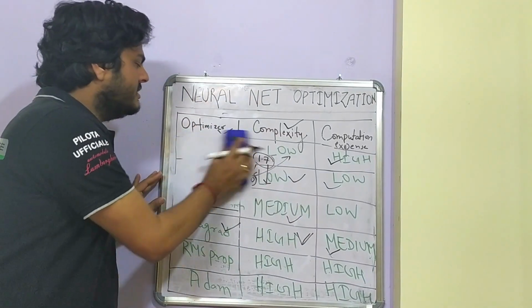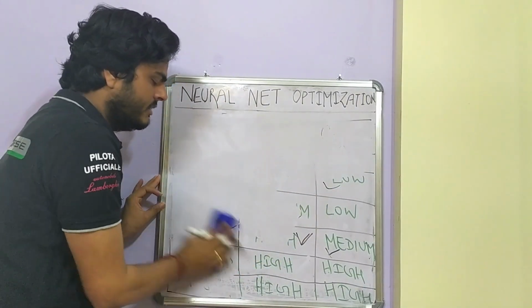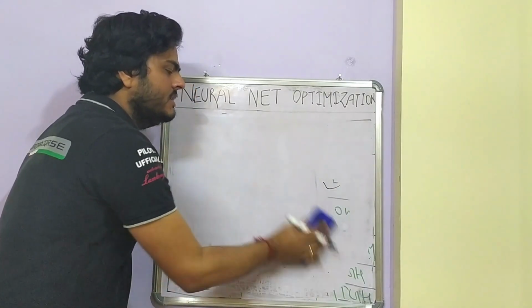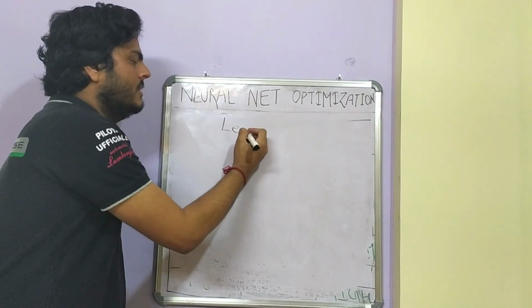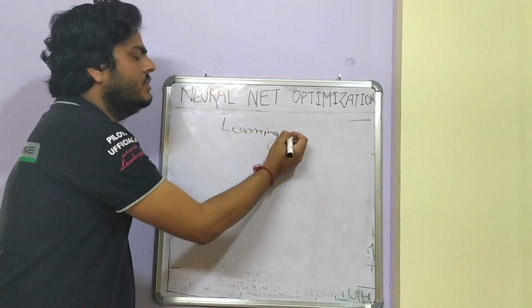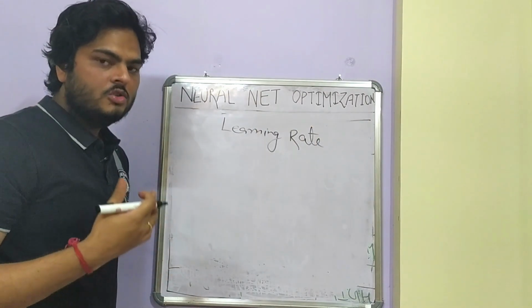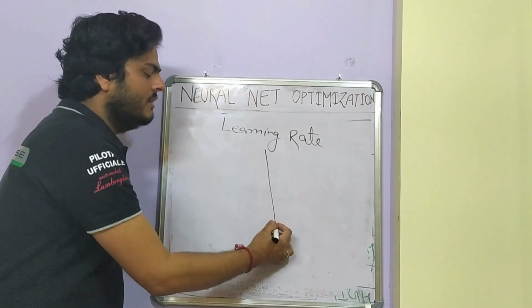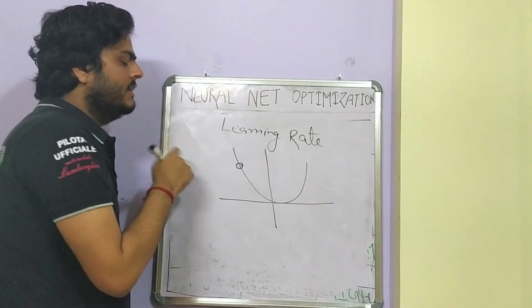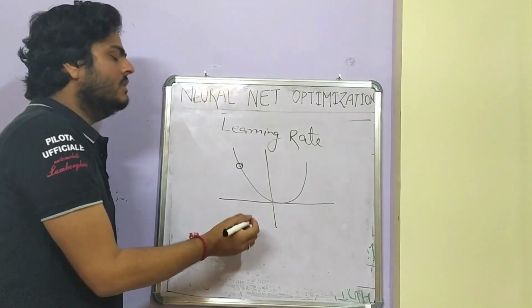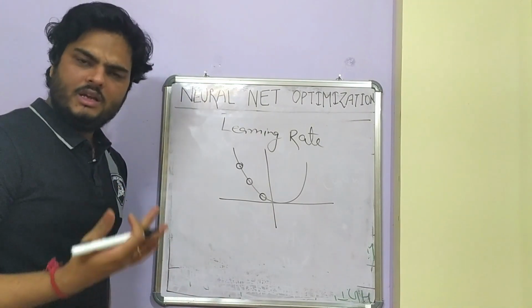Now what important thing do we need to consider while doing neural network tuning? In neural network tuning there is another thing known as learning rate. So what is learning rate? Learning rate is basically the speed at which you want to move to the next value. For example, if in a weight optimization you are here and you know that you have to go down, whether you come here or here is decided by the learning rate.